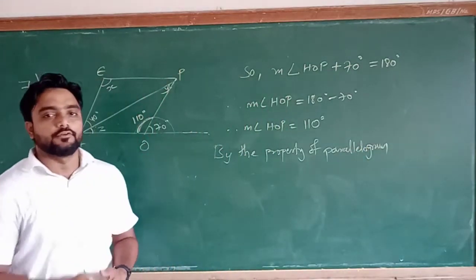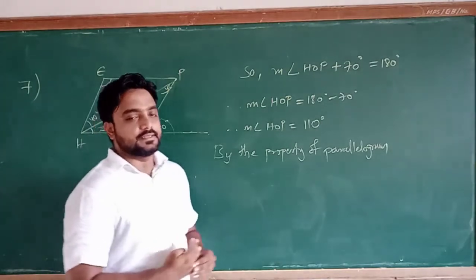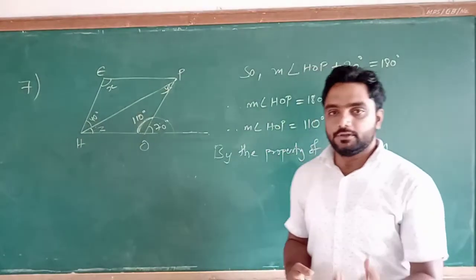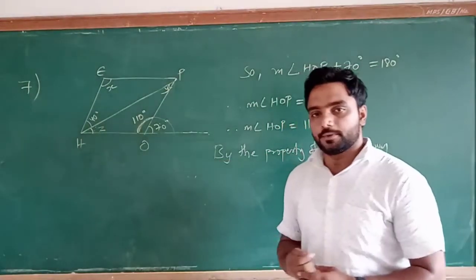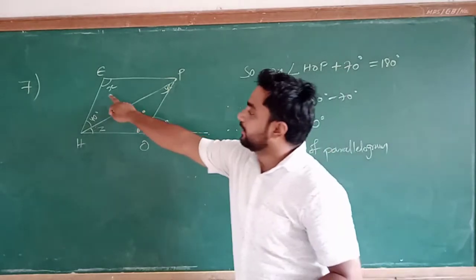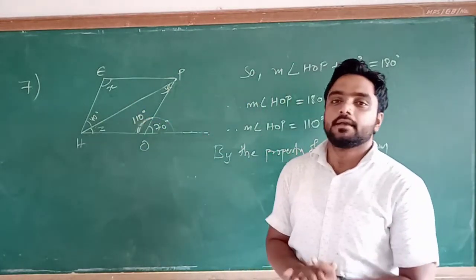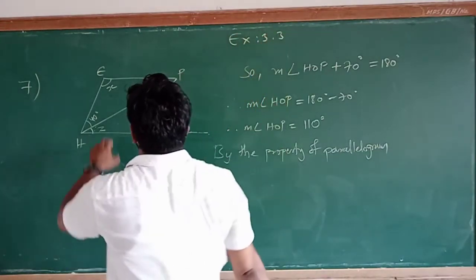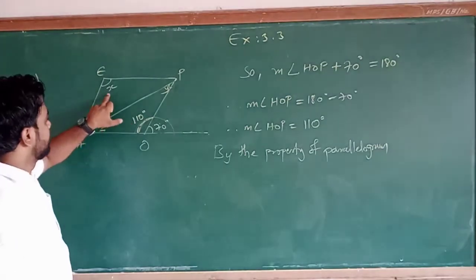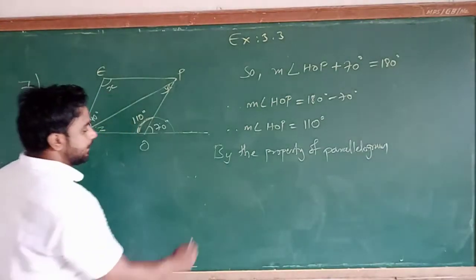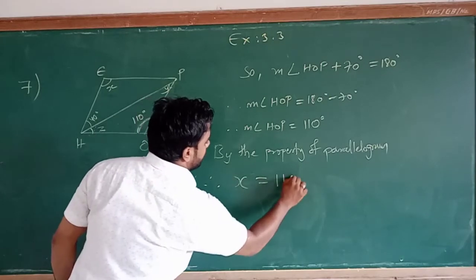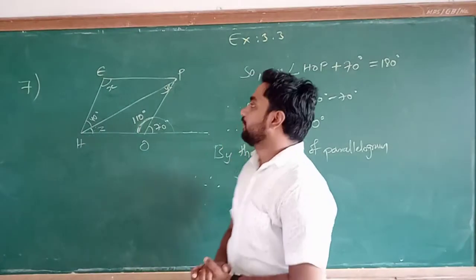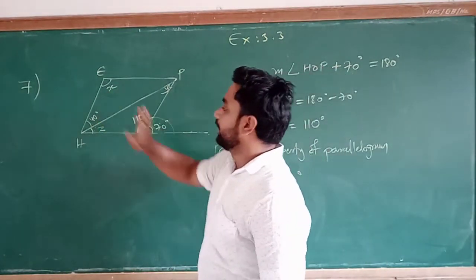by which property of a parallelogram? The property is that the opposite angles of a parallelogram are equal in measure. Okay, so we will use that property. मीन्स हम यहाँ वही प्रॉपर्टी यूज करेंगे. कौन सी वाली? कि भाई ऑपोजिट एंगल्स जो रहते हैं उसका मेजरमेंट कैसा रहता है? इक्वल रहता है. So here these two angles are opposite to each other. So x and 110 degrees. So therefore the value of x is equal to how much? 110 degree. Understand or not? So the value of x is how much? 110 degree.